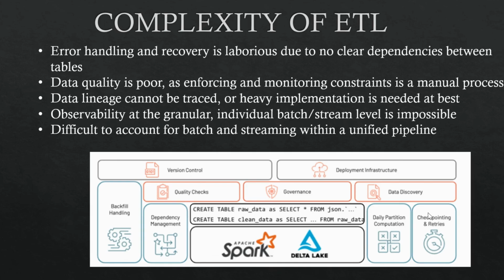Then comes the quality check, as I was explaining before. If the data quality is poor, then it is not useful for the BI teams or the ML teams. So there should be a data quality check for it. The bad data should not be there. I don't want to use that bad data in my downstream data, which is being used by other teams. So it's very important for the quality check. Then comes governance. Governance means you have your sensitive data. You don't want everyone to view your sensitive data.